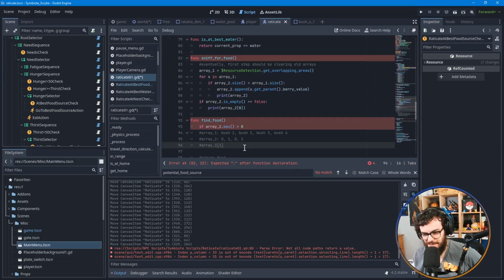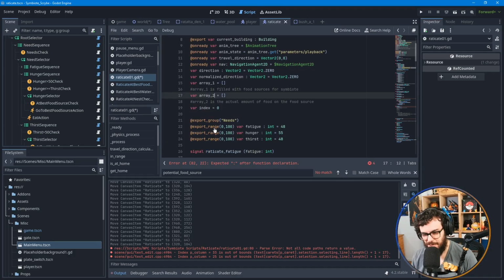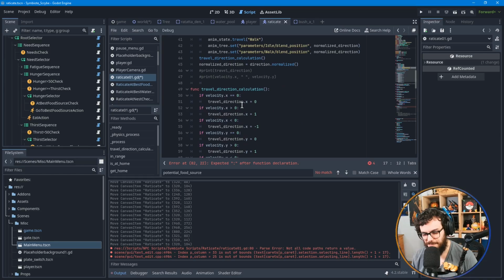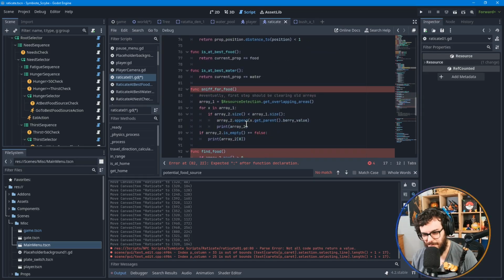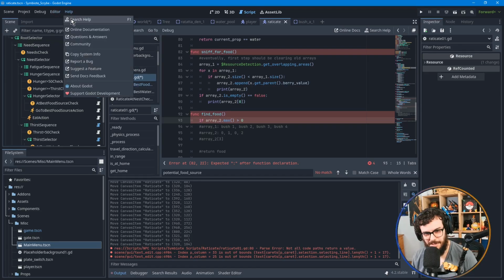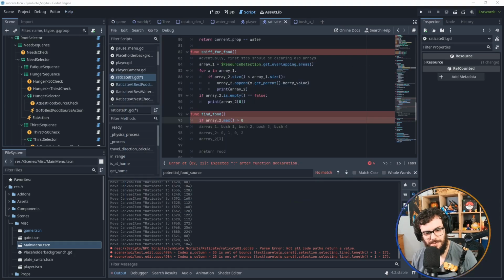I have no idea how to do that. We're gonna have to look at the documentation. I don't even know how to ask that. Okay, so can I just click arrays? No, that just shows me what array 2 is. Right. Where is the search help? No, not search help. Shoot, online documentation. Of course, it opens it